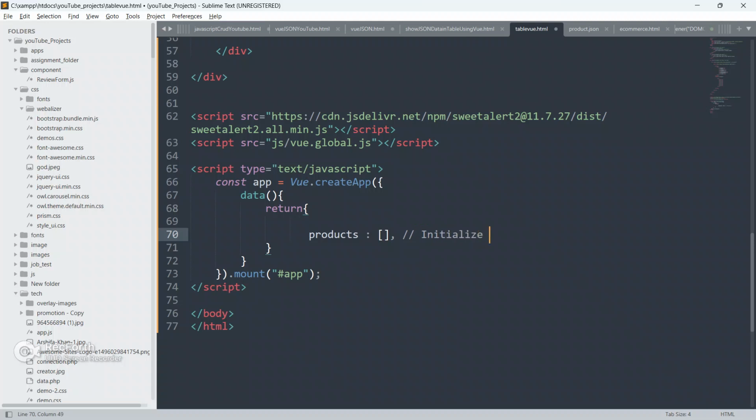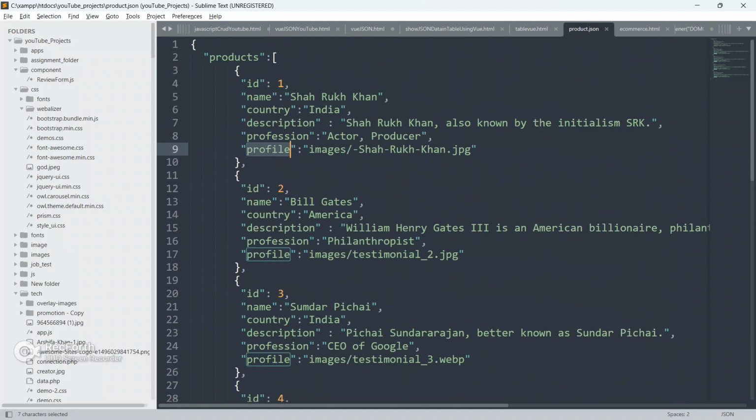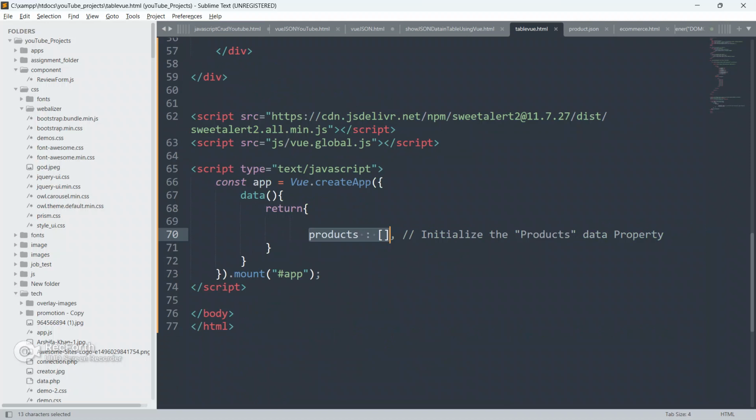Just write the comment also: initialize the products data property. I have just initialized this data property inside the return, and in this empty array we are gonna store all the JSON data which we will fetch from the JSON data file.